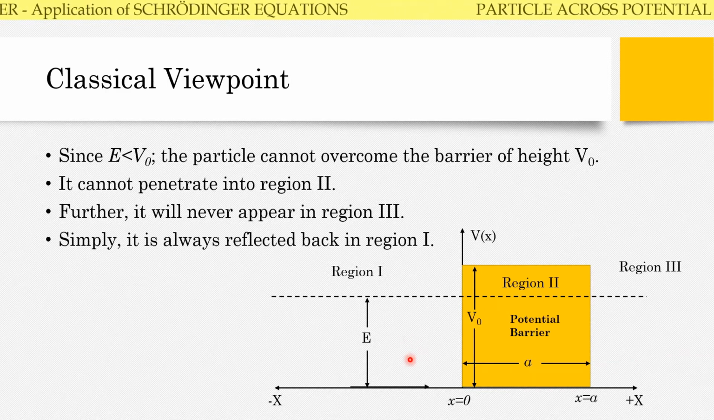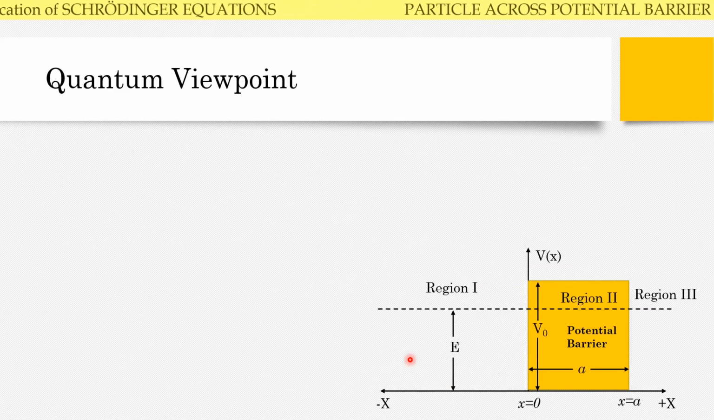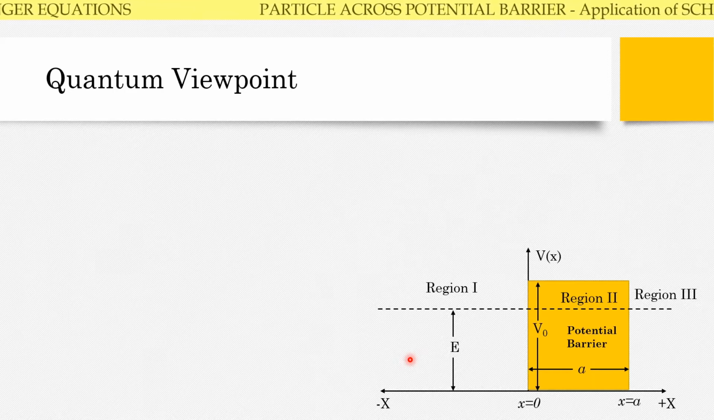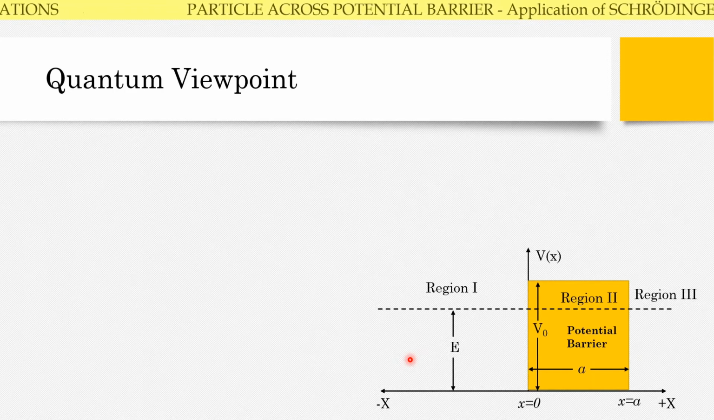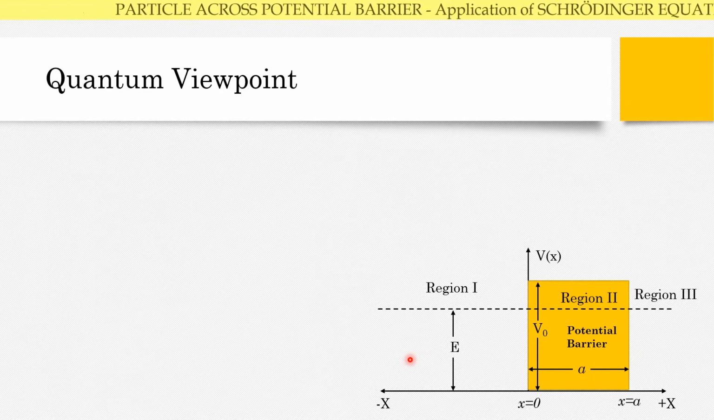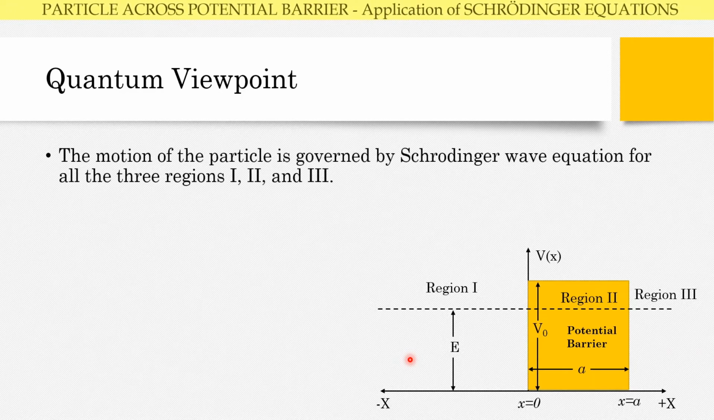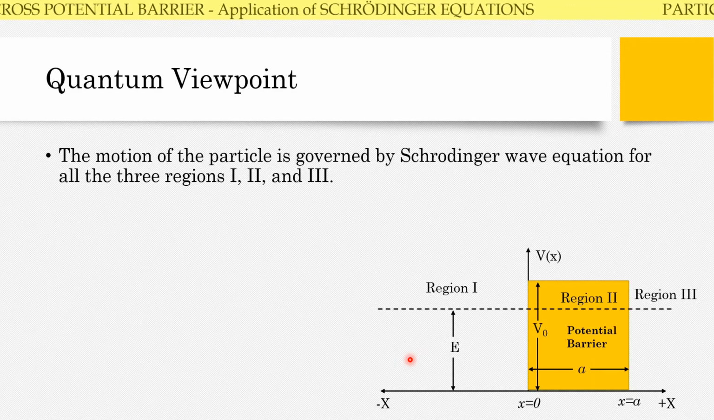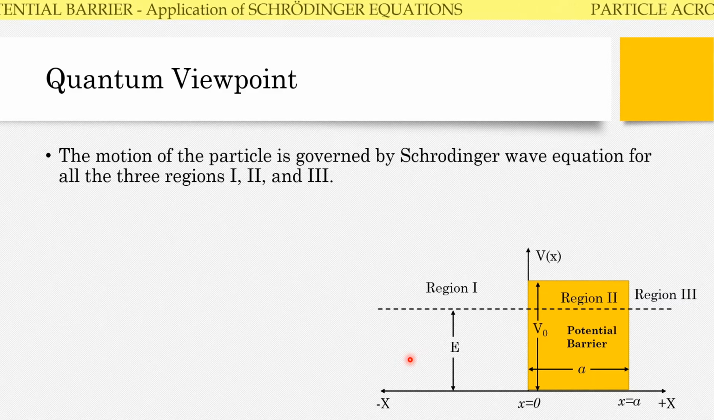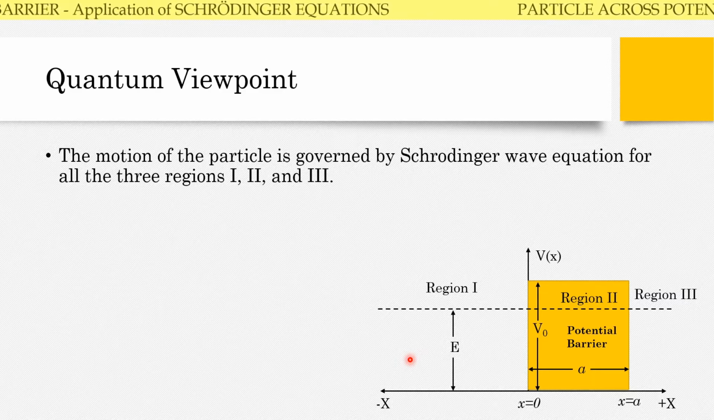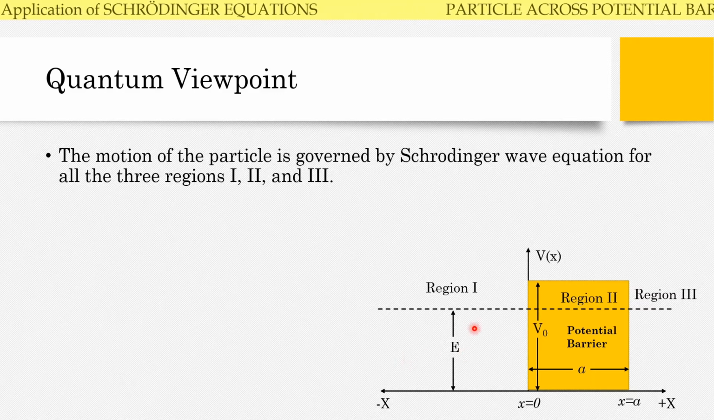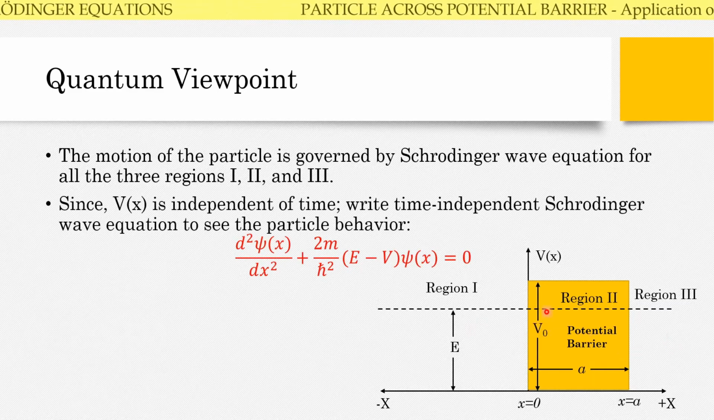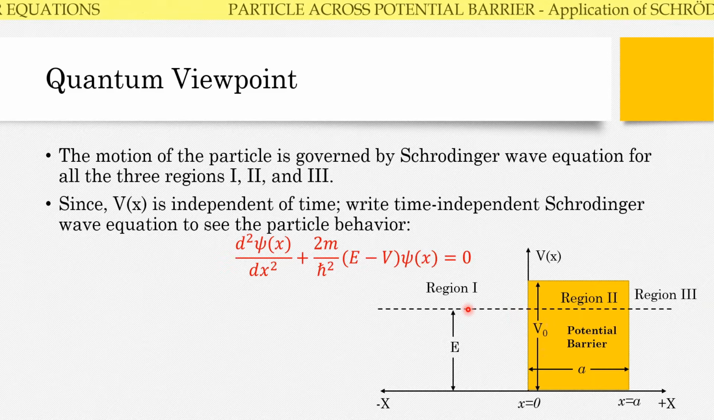Now, on the contrary, as we have seen in the problem of potential step, quantum mechanics says that along with the particle nature, every matter possesses the wave behavior, and that wave behavior is governed by the Schrodinger wave equation. So in order to solve this problem, we will solve the Schrodinger wave equation separately in all these three regions. And since the potential here is independent of time, we will make use of the time independent form of Schrodinger wave equation,